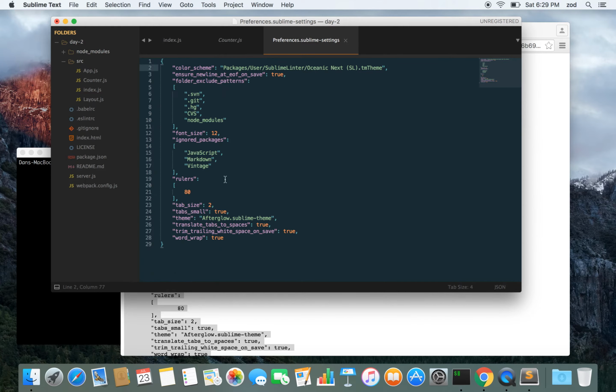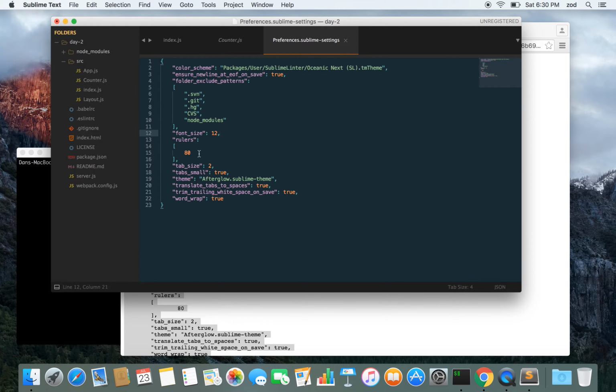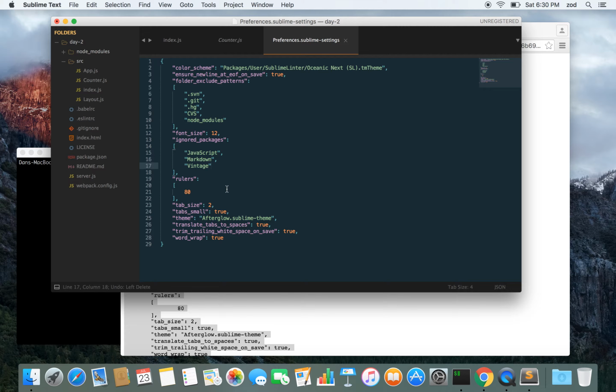But some of the things that I like in Sublime are ensure new line at end of file. So anytime you save, it adds a new line at the end. Ignoring the node modules directory, which we'll talk about in a second. I'll get rid of that. I don't know why that's there, but having ruler size, having tab size set to 2, and then this tabs